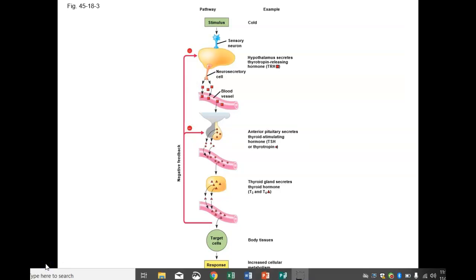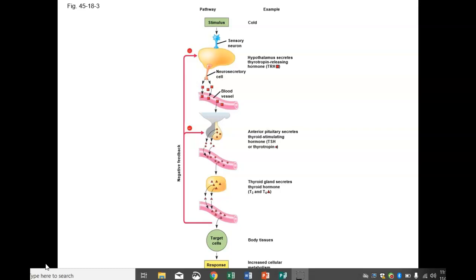Oftentimes, your body will actually use neuroendocrine signaling, which is a mixture of both the nervous system and the endocrine system working together. Most often, this is mediated by the hypothalamus, which is located within the animal parts of your brain. There's an old part of your brain, which has a tendency to mediate any processes that have to do with your survival. And then there's the new parts of your brain, which have to do with deeper, greater thinking and complex social structure. So in this deep, dark animal part of your brain is located the hypothalamus.